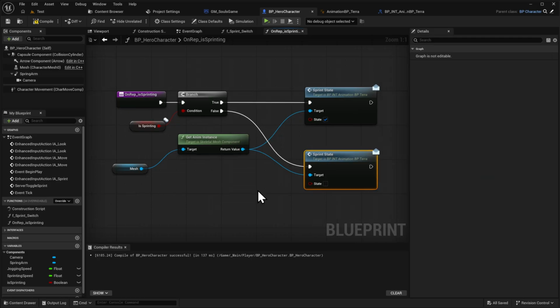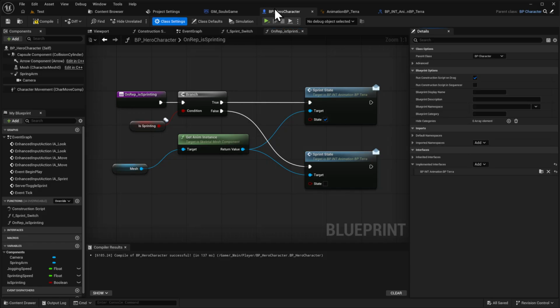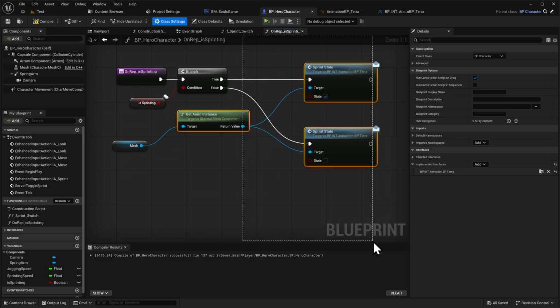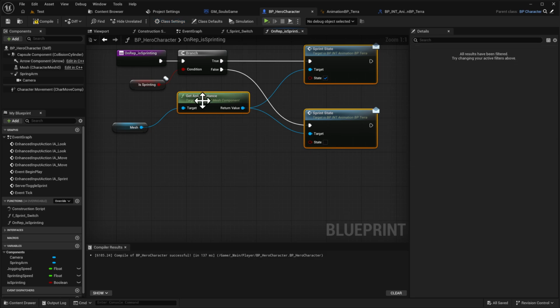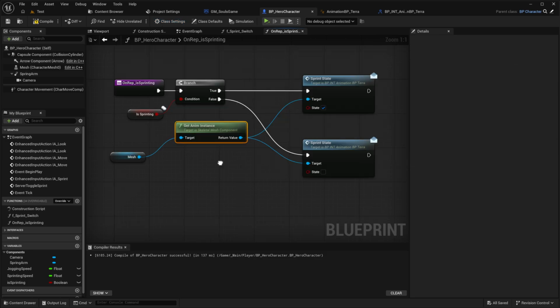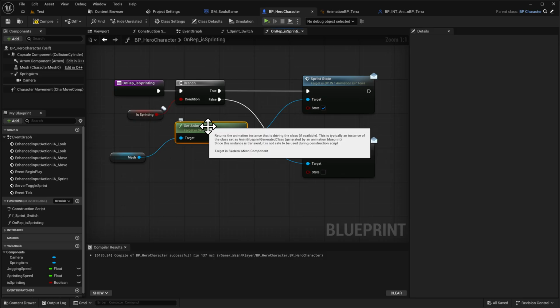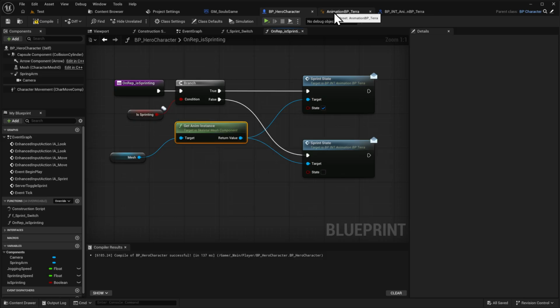So we can call these functions just by using and configuring class settings in the caller blueprint with the animation Terra interface implemented, and the target blueprint, which is our animation instance, and the animation instance constructs an instance of animation Terra,